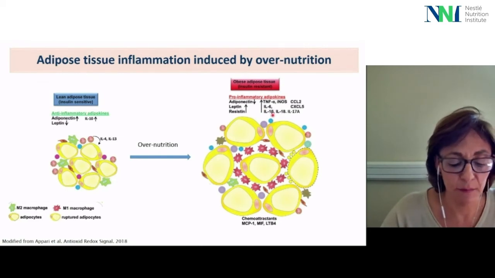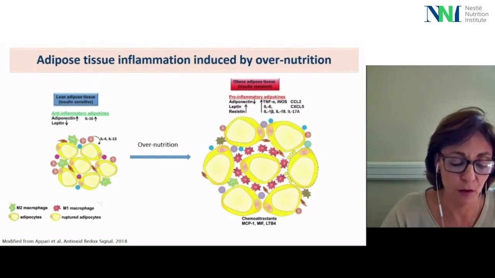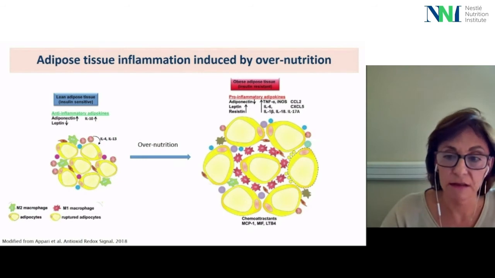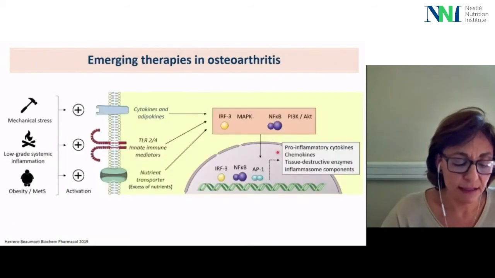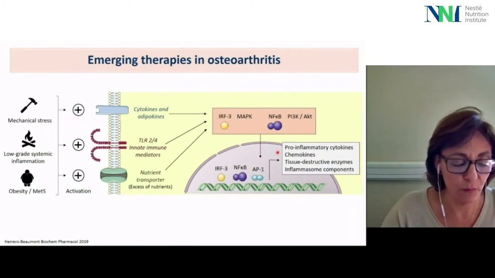Different phenomena, such as hypoxia due to cell overgrowth or the polarization of macrophages towards a pro-inflammatory phenotype, are characteristics of this obese tissue that becomes an insulin-resistant organ. With this pathophysiological description of osteoarthritis regarding the role of both local and systemic activation of the innate immune response